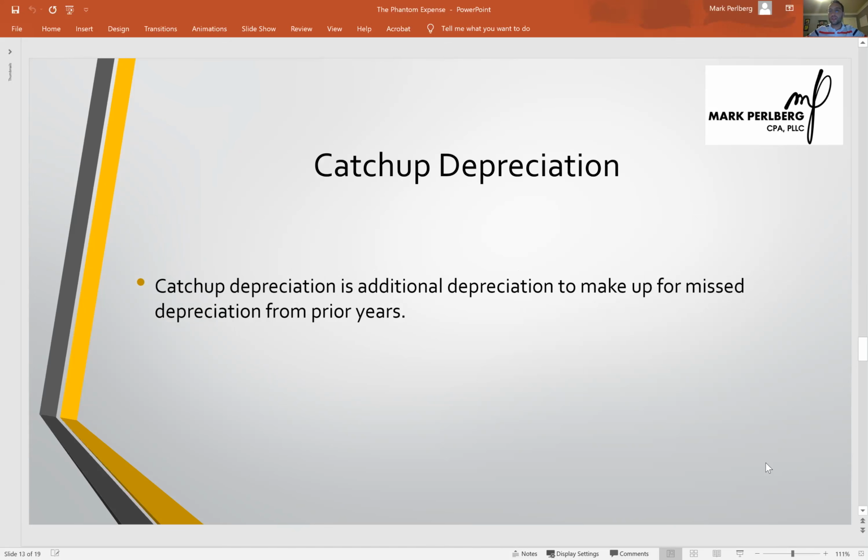Catch-up depreciation. This is what you can do if you may have missed out on that bonus depreciation in year one. Catch-up depreciation, let's say it's year 3 and we run the cost segregation study. Any depreciation that we missed out on from these other components. So let's say we have a 5-year component piece of property we didn't get to depreciate faster in those earlier